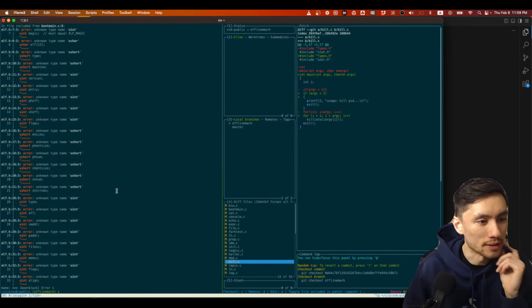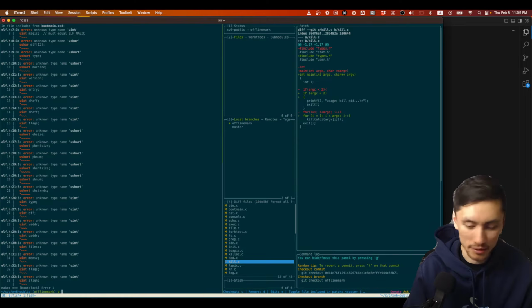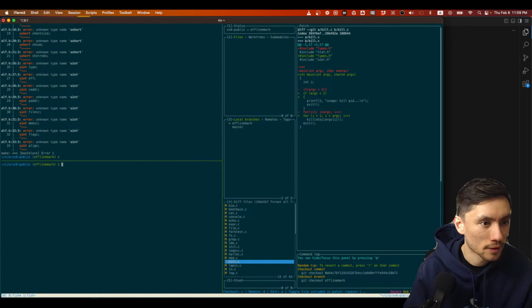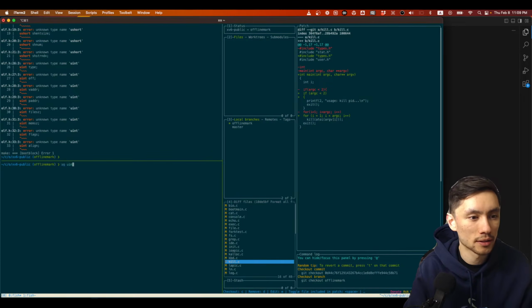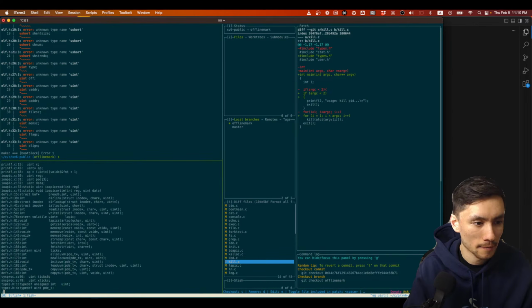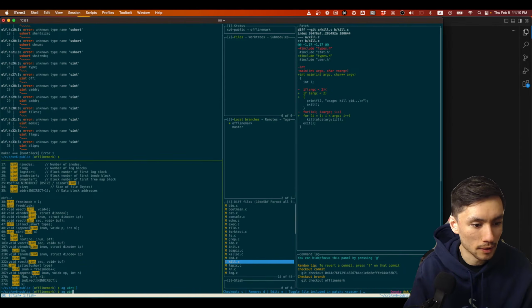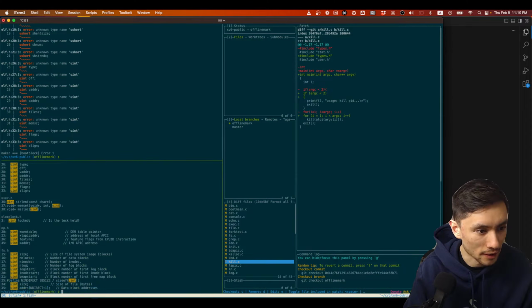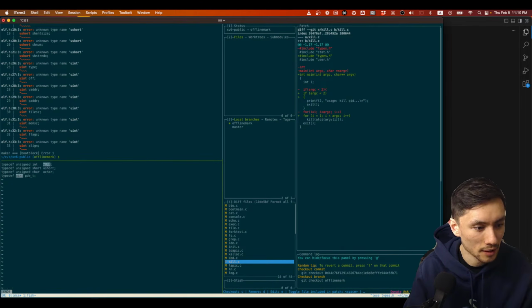Although what is interesting here is that it can't find uint anymore, and uint is not a standard C type. It's a header file. Is it types? Yeah, so something went wrong.